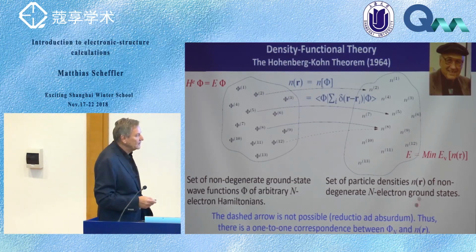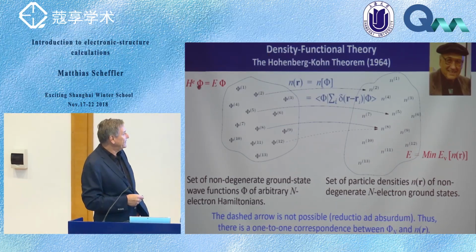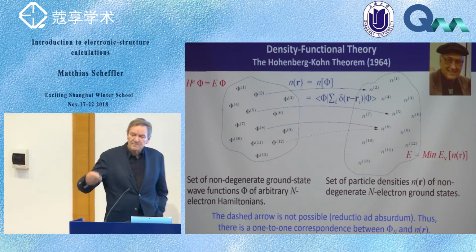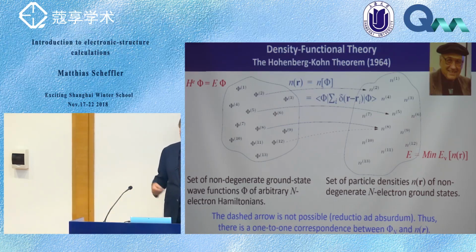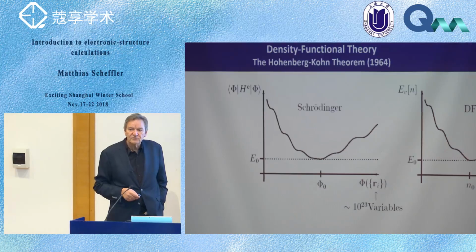And that brought them, with a little bit more thinking, to the fact that yes, you can calculate the energy as the expectation value of the wave function, and you can minimize that, but you can also optimize an energy function of the density. If you just look at ground state density, there's one ground state density which minimizes your energy and gives you the true density for your Hamiltonian, or for the problem you're looking at. Now that is a big advantage in thinking